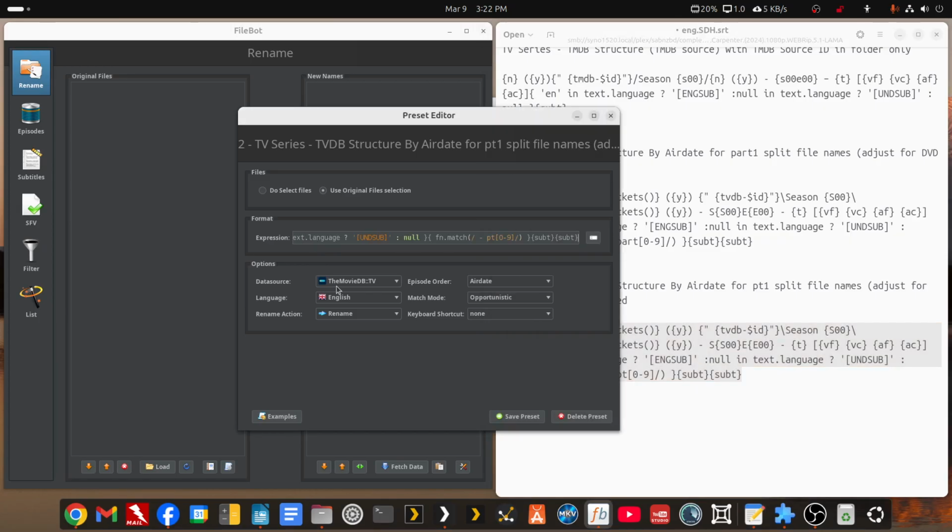Paste that in, change this to the TMDB, and this again can be used for either aired ordering from TMDB or DVD ordering. So you might create these last two twice and just rename them for aired or DVD. But really, you won't need all these expressions. You'll pick the ones that you'll use most frequently, and always know that you can pull my video up to